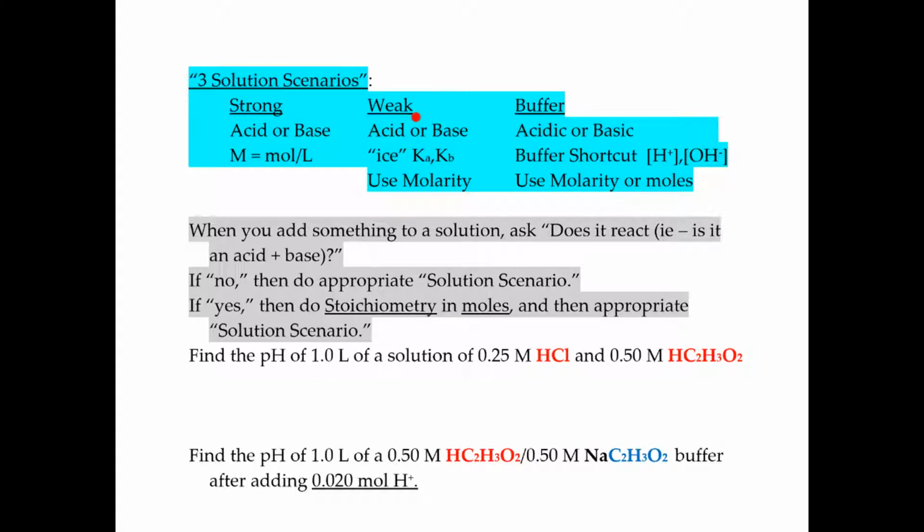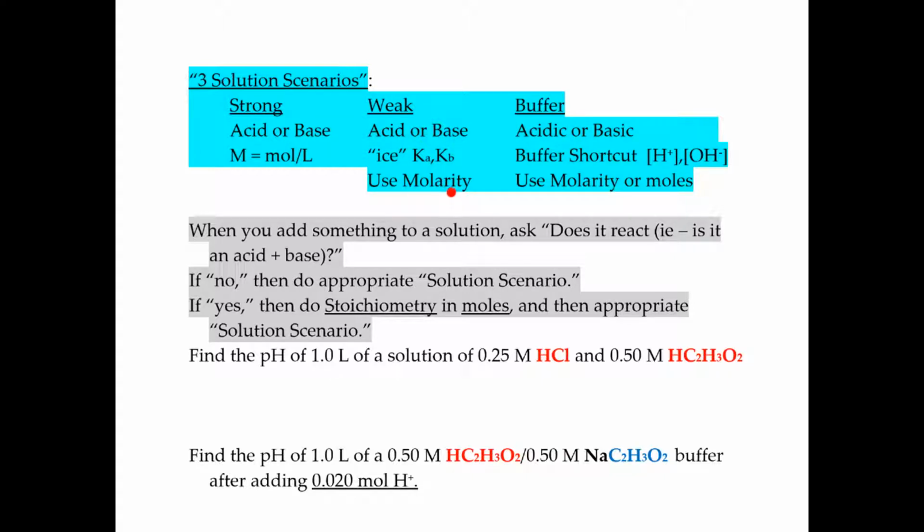a weak. So with a strong, remember, if you have a strong acid or strong base, the molarity of that strong acid or strong base will equal the molarity of the H plus or the OH minus. Don't forget, for a base like calcium hydroxide, which has 2 OHs, you'd have to double that molarity. Then if you have a weak acid, you would do an ice chart and set equal to Ka, or a weak base, you would do an ice chart set equal to Kb, and you must use molarity for an ice